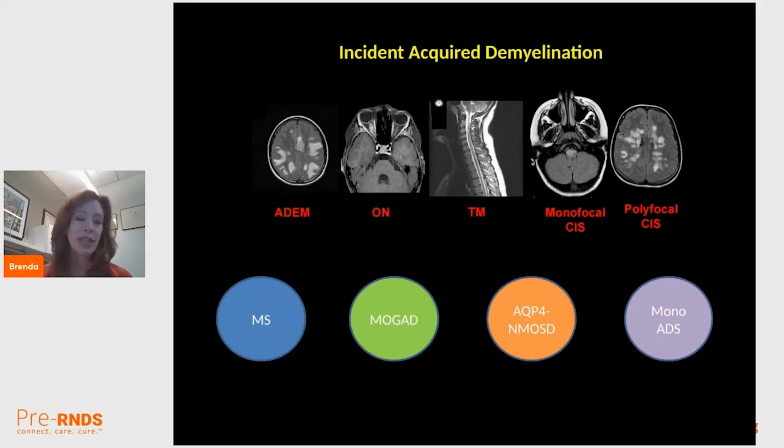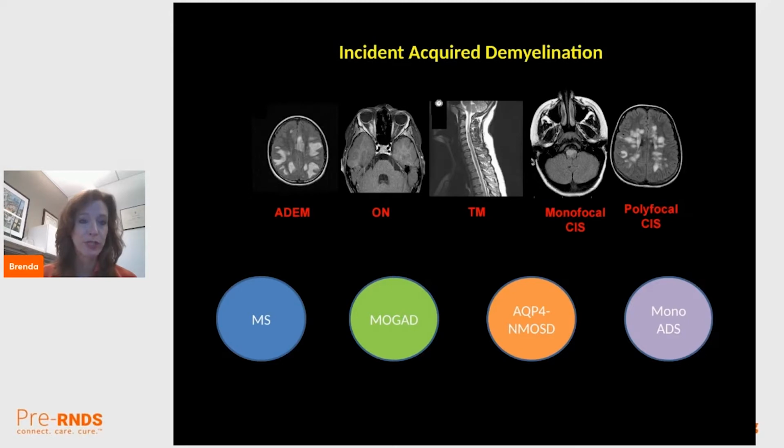So the first attack of central nervous system demyelination in a child or adult can manifest in a variety of ways. Patients can present with optic neuritis, ON, as shown here, with inflammation of the right optic nerve, with inflammation in the spinal cord or transverse myelitis, brainstem symptoms that may be a single location, referred to as a monofocal clinically isolated syndrome, or on the far right, can have multiple lesions, as shown in this MRI scan. Everything that's bright white is an area of focal inflammation, and this was a young patient with their first attack